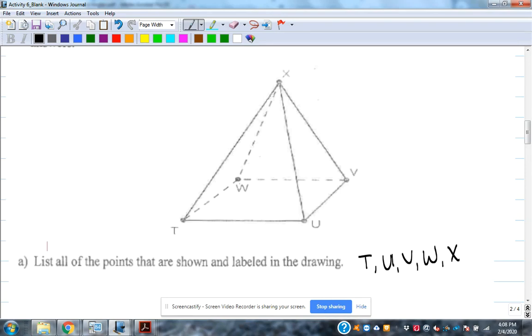Vertices, or the vertex. When you look at this from T to U and U to V, that point right there makes the vertex of that angle that's happening there. So they're the vertices, which is the plural for vertex, of the sides of this square pyramid that we're dealing with here. Part B says, list all the line segments, even the ones that are shown with dotted lines in the drawing. You only have to name each segment once. Okay, so